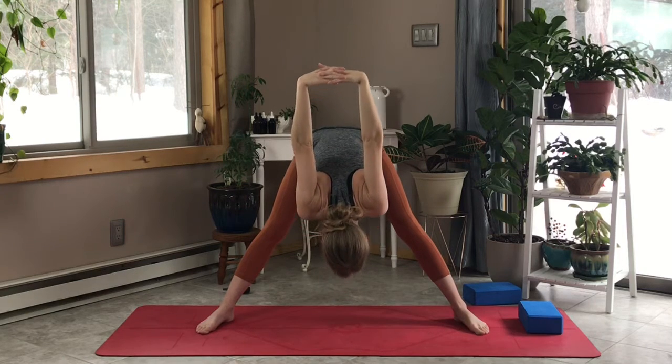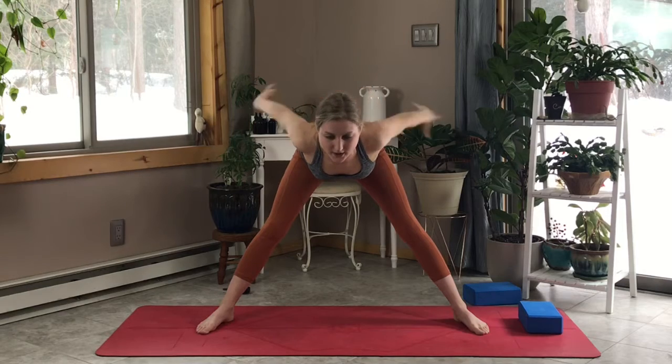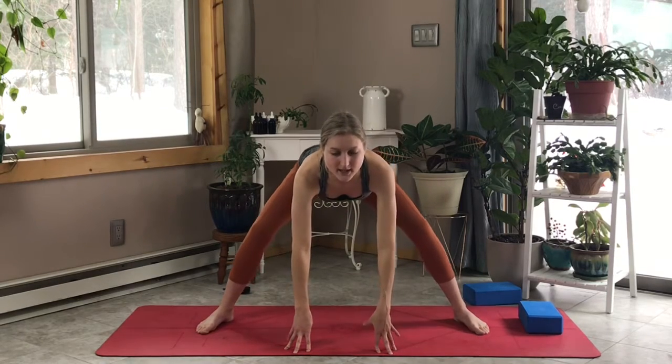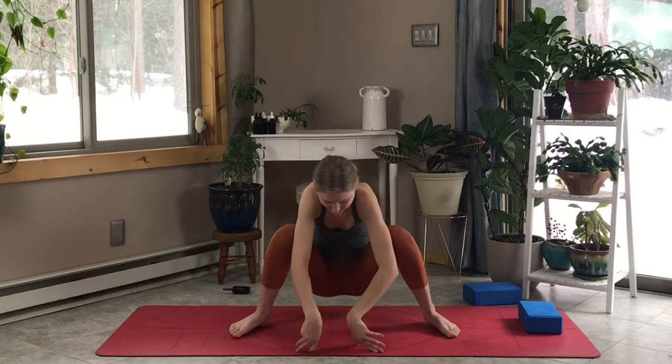Inhale. Come into a flat back. Exhale, release your hands, folding into the mat. Inhale, come into a flat back. Exhale, bend those legs. Maybe walk those feet in just a bit so you can sit down onto your butt comfortably. Stay here only a moment. We're going to grab the outside of our legs and see if you can open up your legs into a wide-legged boat. So spine long,